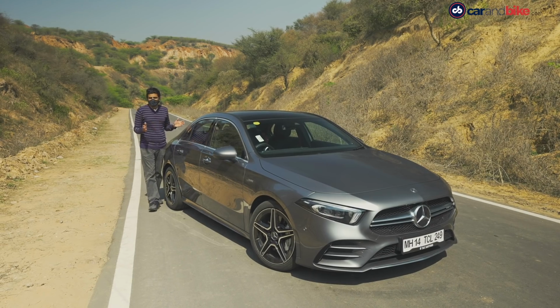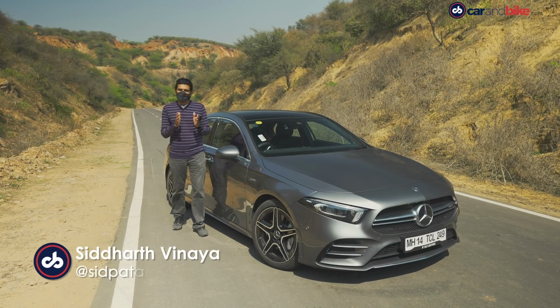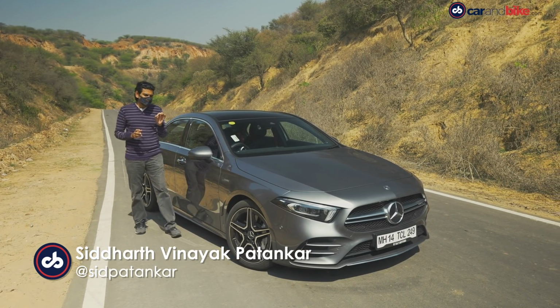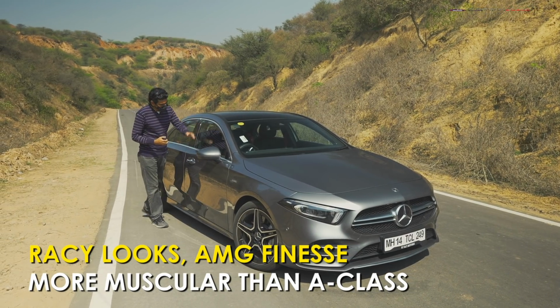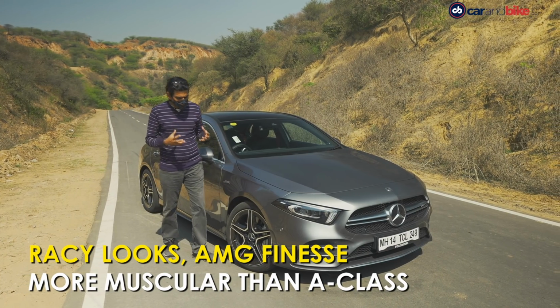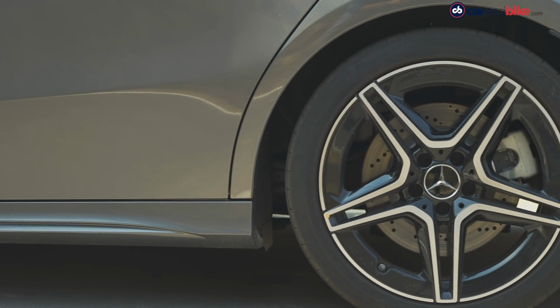An AMG has to look the part, and the A35 is certainly different enough from the regular A sedan. I'll tell you how, but before that, I want to quickly make a point. I wish Mercedes-Benz India had gone with an all black kind of package. It would have looked more menacing, with a blacked out, matte kind of look instead of all this chrome garnish and handles. Maybe all black wheels too, though I have to say these AMG alloys are pretty sharp,